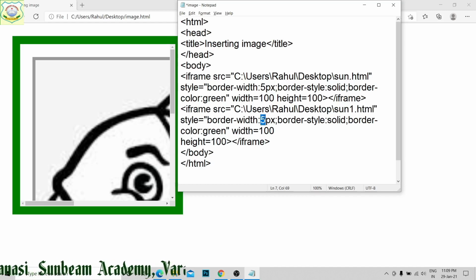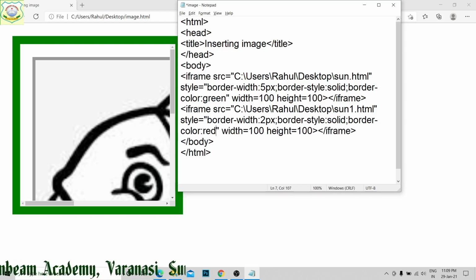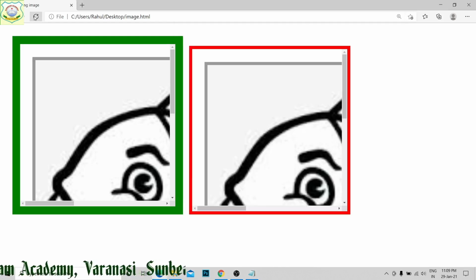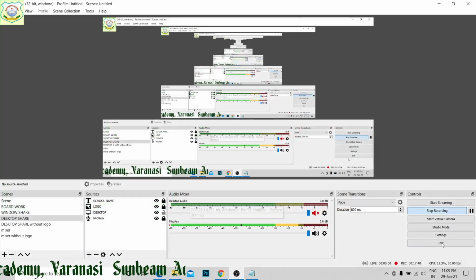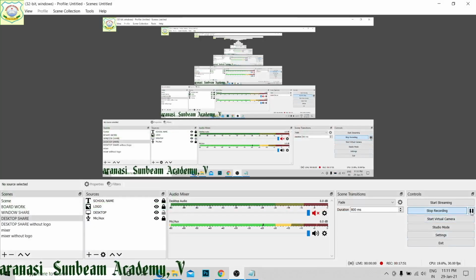Its border is of 2 pixel, border style solid, okay, solid, border color equal to red, and everything is in the same way. Now say I saved this file. When I am going to run this file, you can see over here this we have got, right students? Once again you will see all the things.